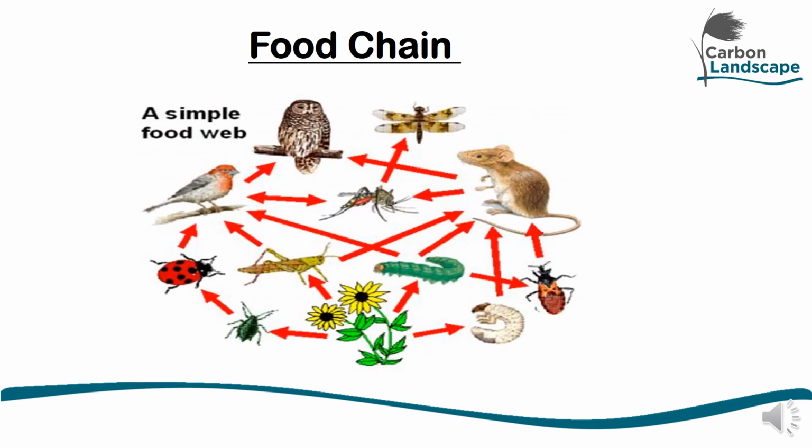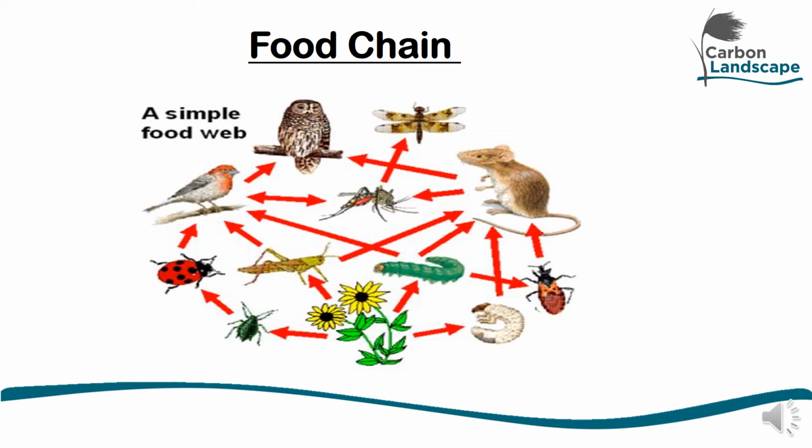So, we have plants getting nutrients and water from the earth. But then we have bugs that eat these plants, the plant itself or the leaf litter or decaying vegetation that it leaves. Then we have bugs that eat the bugs that eat those plants, birds that eat the bugs that eat the plants, birds that eat the bugs that eat the bugs that eat the plants, mammals that eat the bugs that eat the plants, mammals that eat the bugs that eat the bugs that eat the plants,